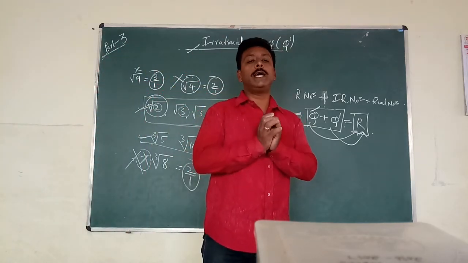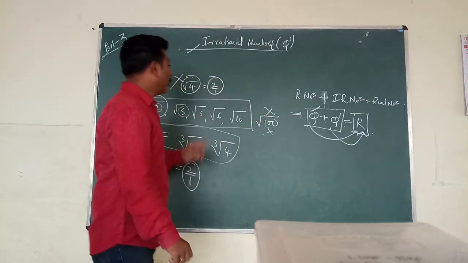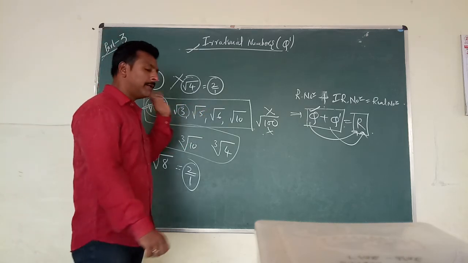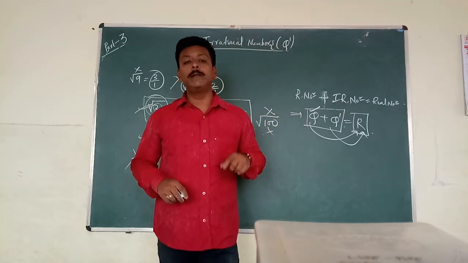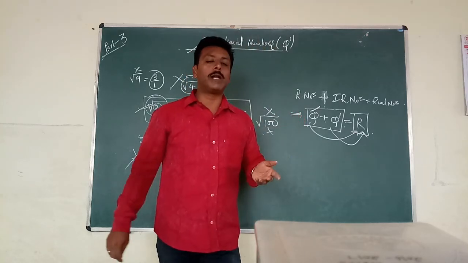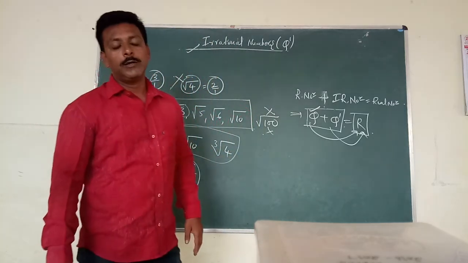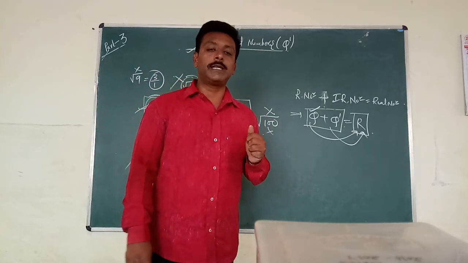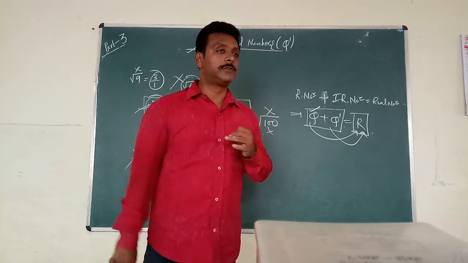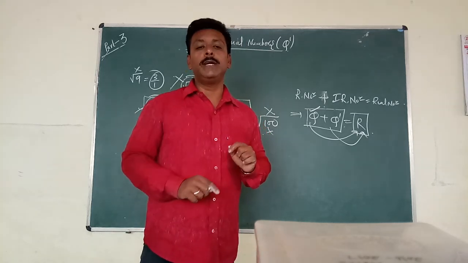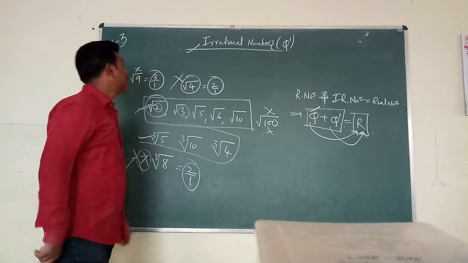अभी हमको क्या समझना है? How to represent irrational numbers on number line. हम √2, √3, √5 such numbers I am going to represent on number line. Last 8th standard also you represented some rational numbers on a number line. अब हम सीखेंगे how to represent irrational numbers on number line. उसके लिए next episode तक तुमको wait करना होगा. For that you should be ready with pencil and your compass box. Okay, because we have to construct something to represent irrational numbers on number line, that we will discuss in part 4.